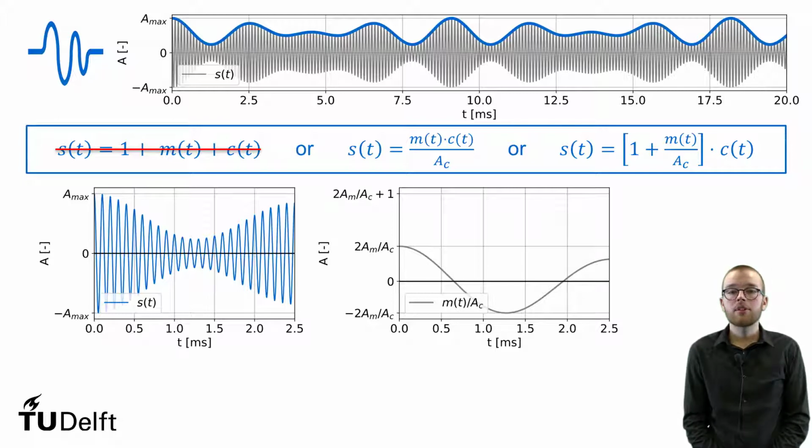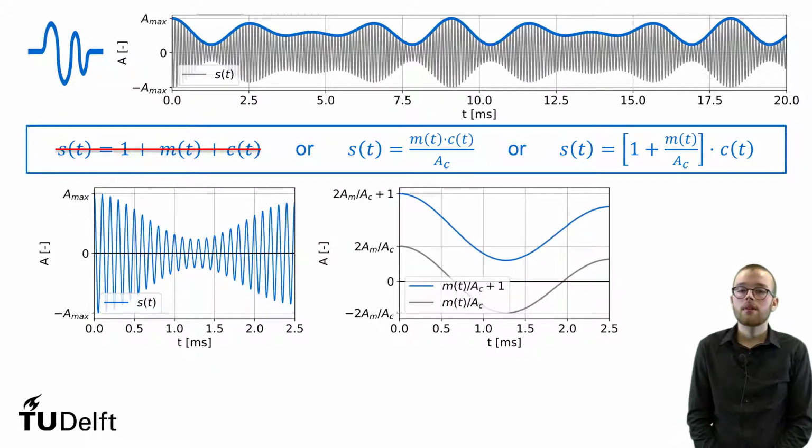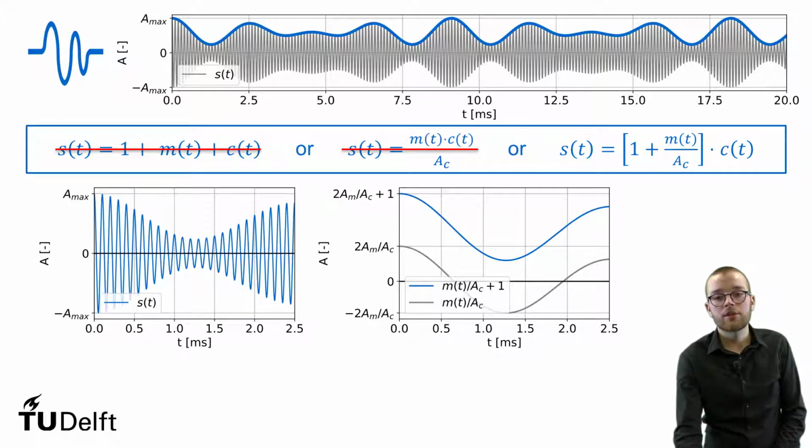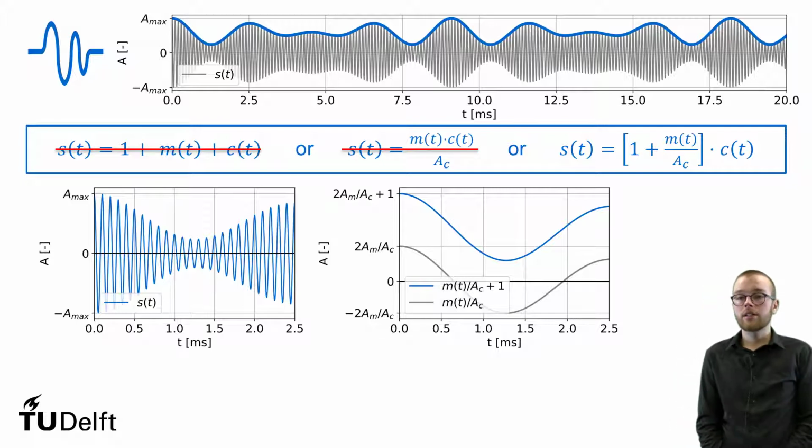So let's see what happens if we add a certain offset, for example +1, to this signal on the right. As you can see here, adding a +1 leaves our modulating signal completely in the positives. So if we take the product of this signal with our carrier signal, there will only be zero crossings at the point where our carrier signal has a zero crossing. This indicates that our third and final option is the correct one for our amplitude modulated signal.